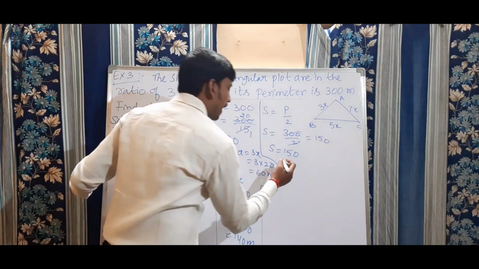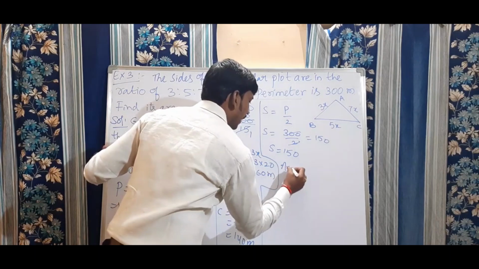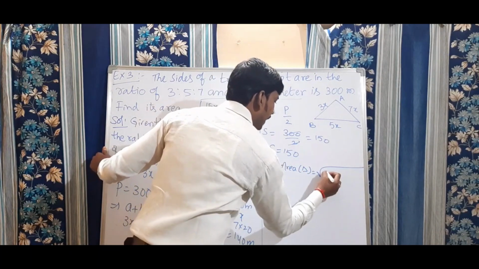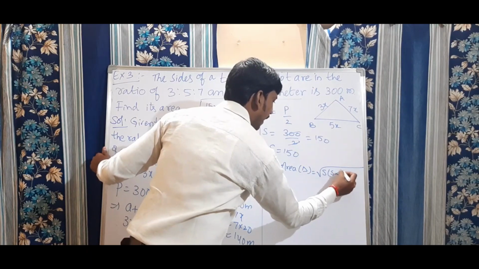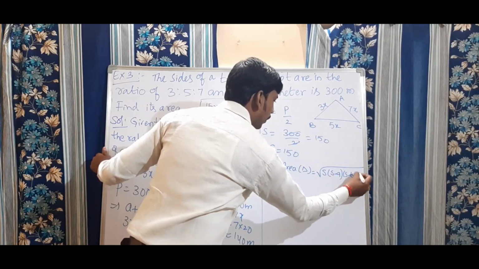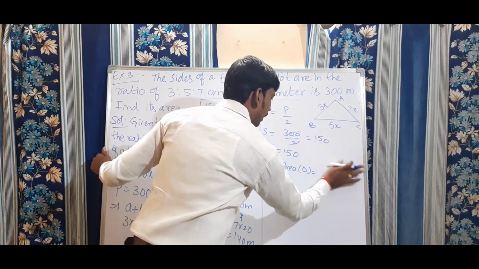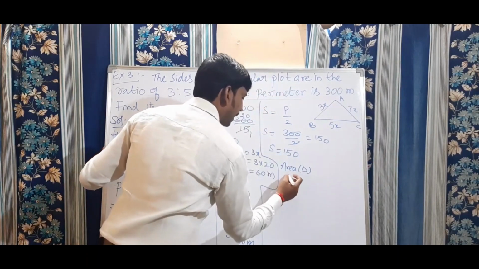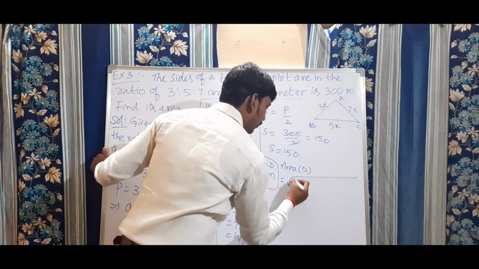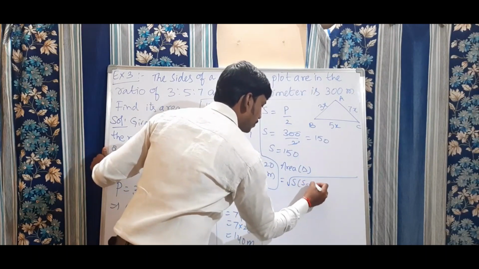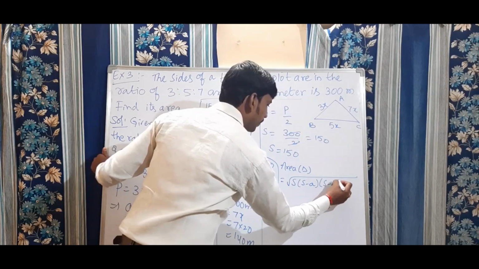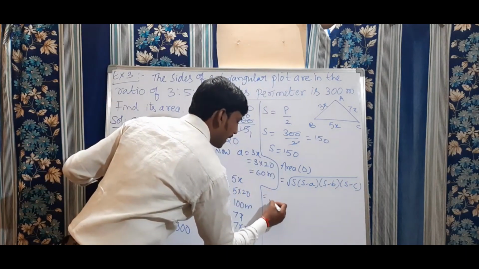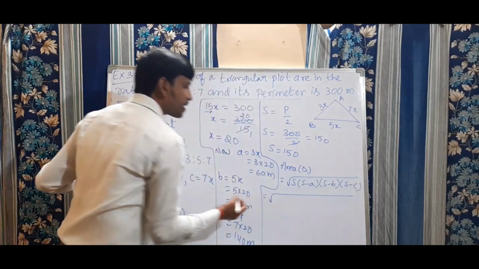Okay? Now delta is equal to area of triangle, delta is equal to under root of s into s minus a, s minus b into s minus c. Okay? Here it is not possible, I will write it down. Right, my dears? Area of triangle delta is equal to under root of s into s minus a into s minus b into s minus c. Substitute all the values, which implies under root of, what is s value here?